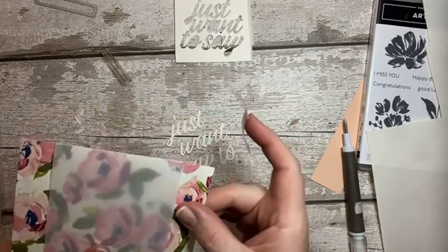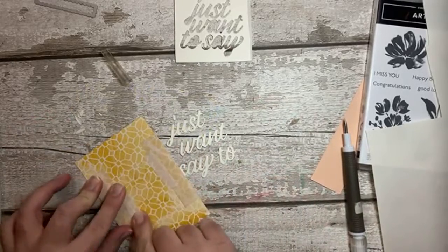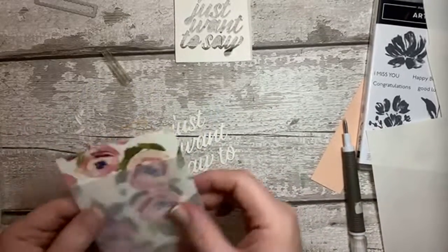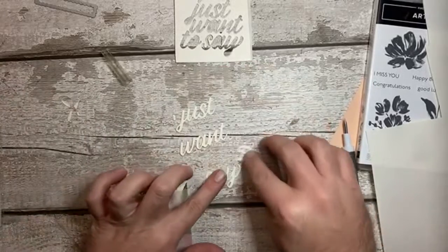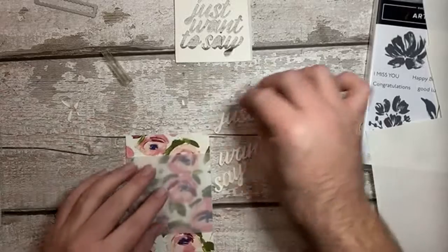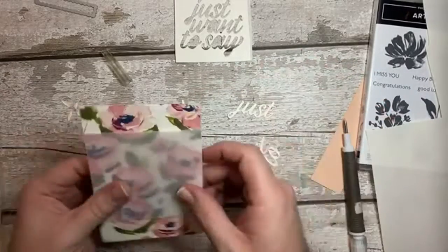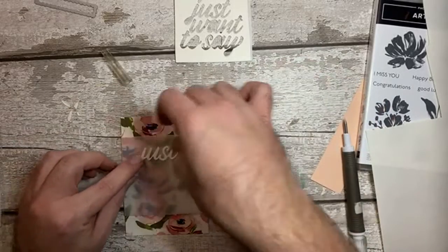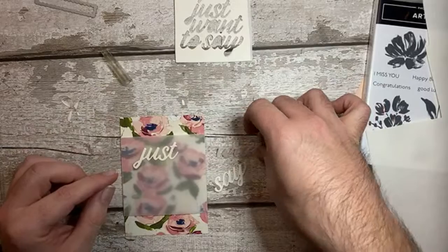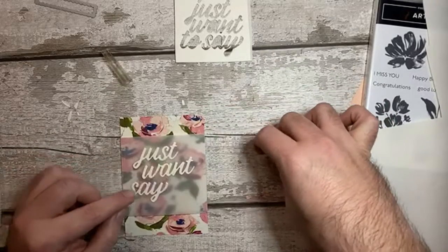And we'll stick that down over like that. Okay, so we now want to go, so you can see, I need to make sure I've got my flowers up the right way as well. You can see how that's diffused that quite nicely. So I just want to say,